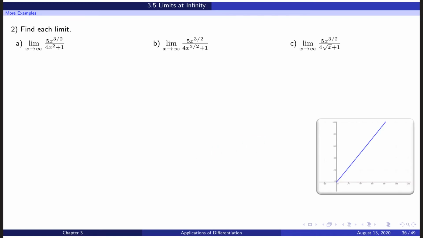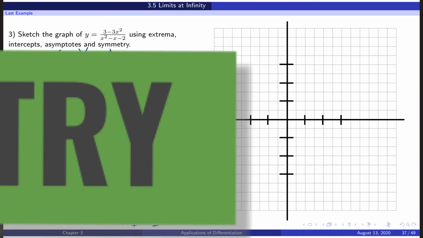And the plot of the third function, if you do long division, you're basically taking x to the 3/2 and dividing by x to the 1/2, subtract the exponents, and you wind up with x to the 2/2, which is x to the first. So it's not a surprise that the slant asymptote looks like a straight line with a positive slope. So for a final example, to put everything together, we're going to sketch the graph of this function, and